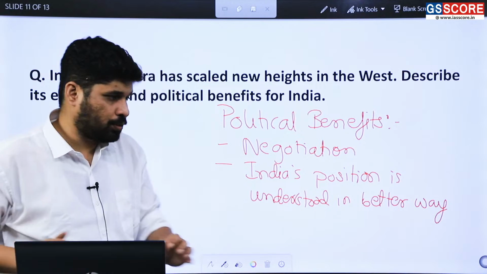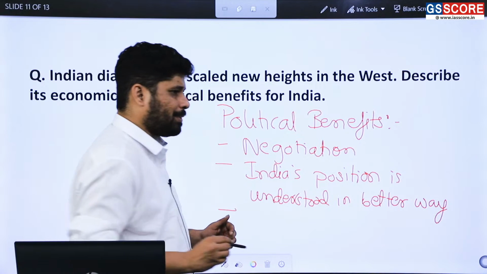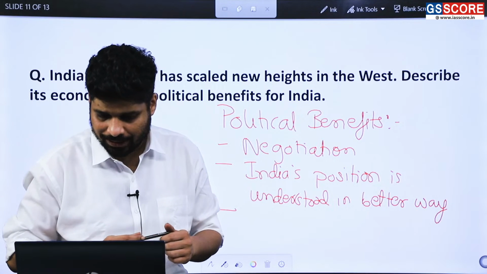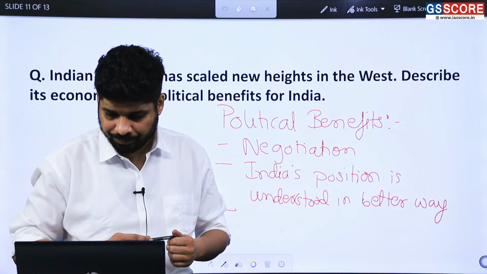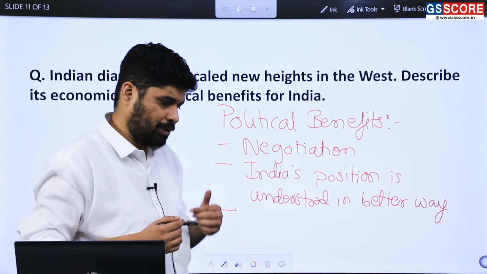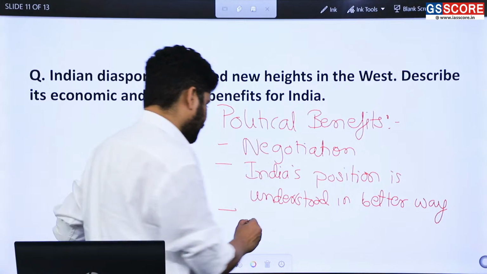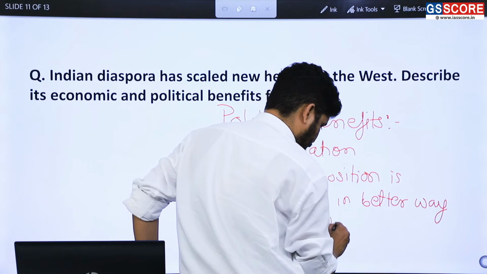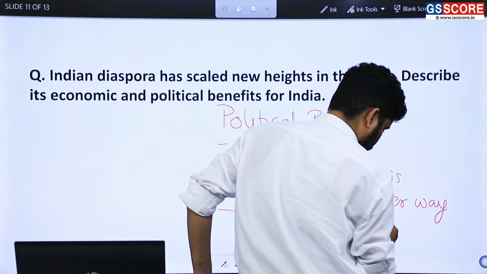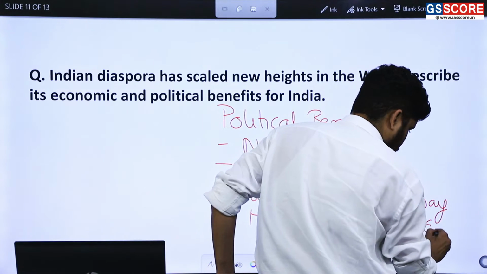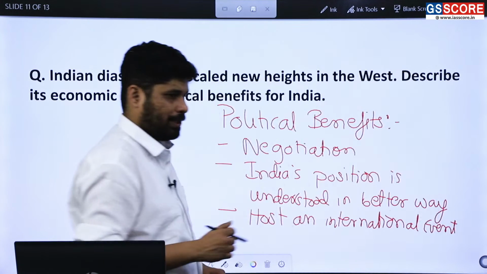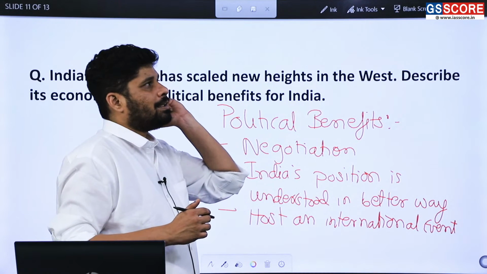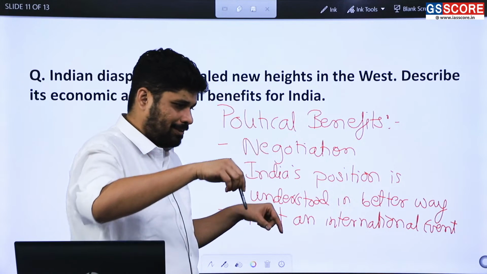It also leads to better appreciation of Indians when it comes to India wanting to host an international event. So India hosting G20 in a way was a political event. To an extent, this was also possible because of the Indians that are positioned in different countries